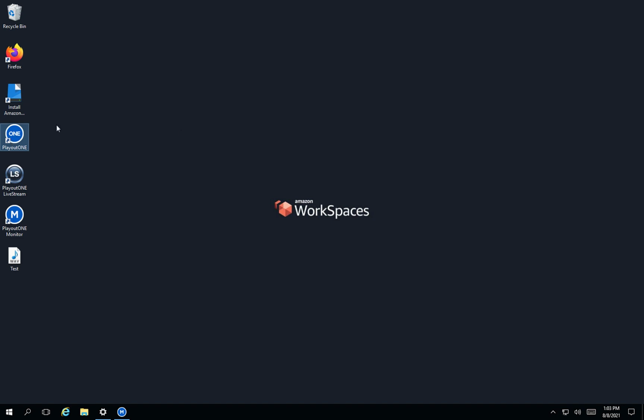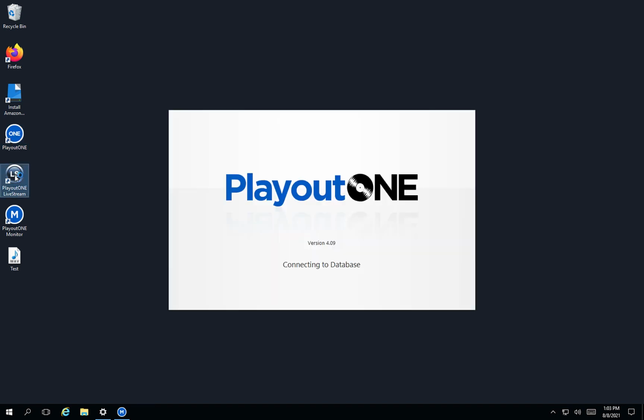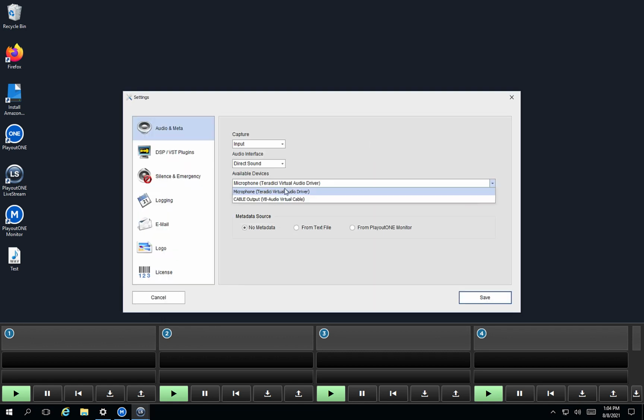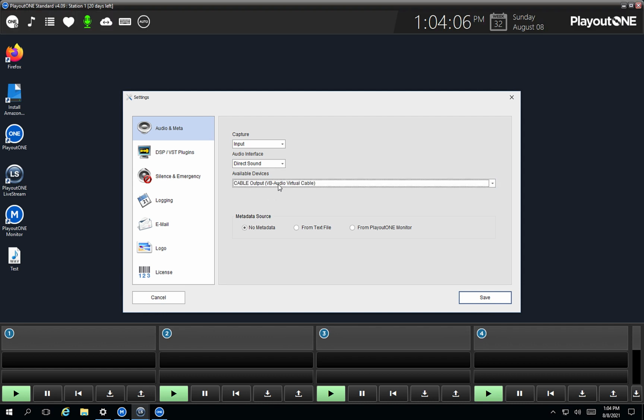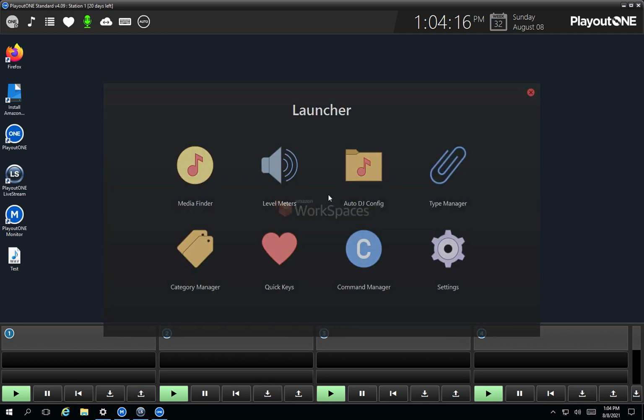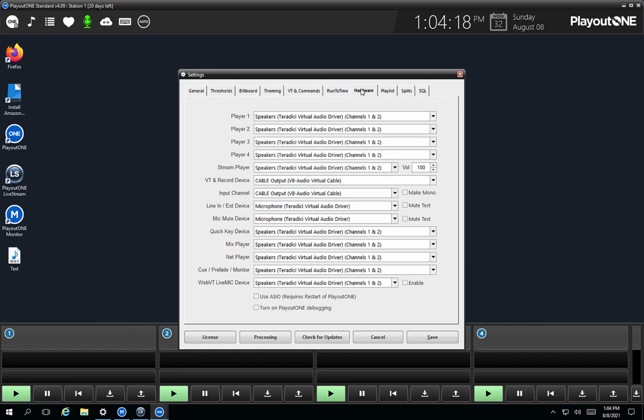So if we fire back up PlayoutONE, back on our trial, and we fire up live stream, what I'm going to do in live stream, first of all, is go into the settings and select, instead of microphone, the cable that we just installed. So there it is. So now you'll notice the VU meters are not working because it's listening to the cable rather than me. And then I'm going to do the same in the settings for PlayoutONE. I'm going to change it from speakers for each player and select the cable